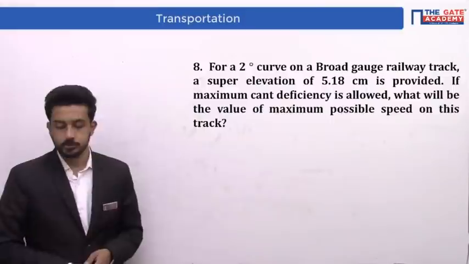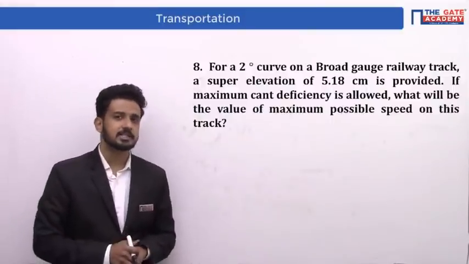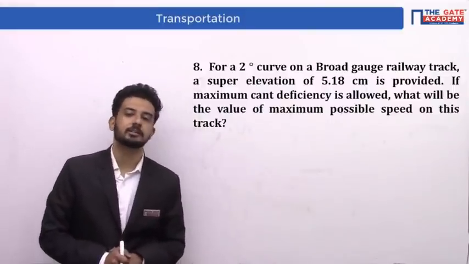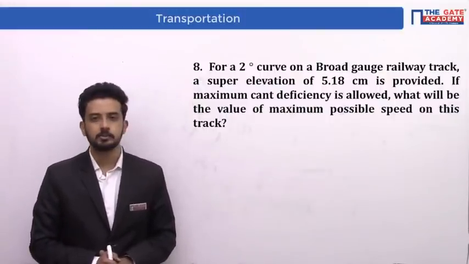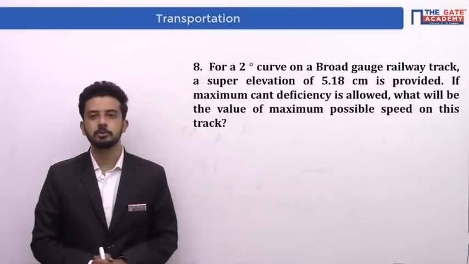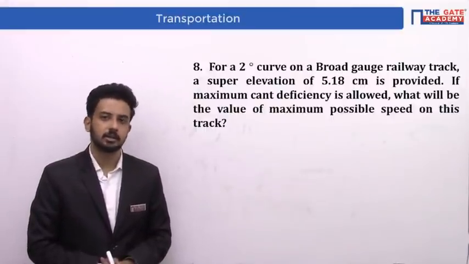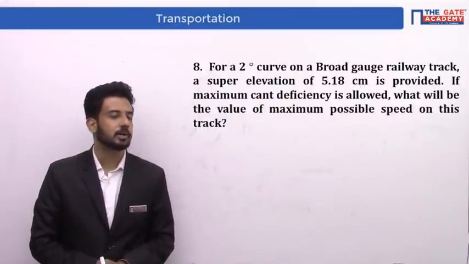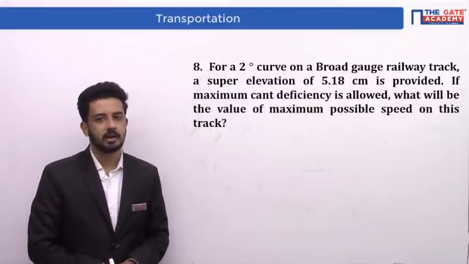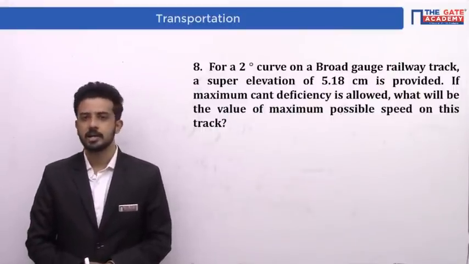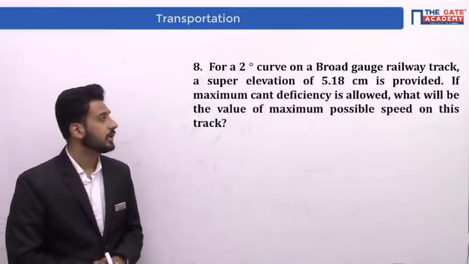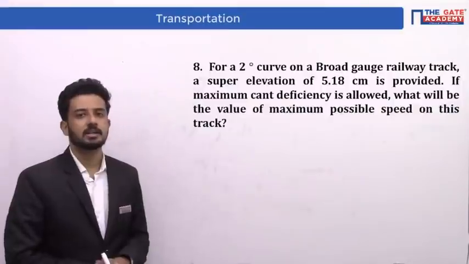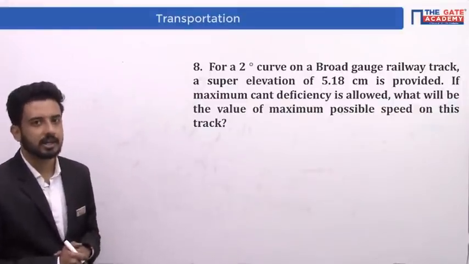So we have already studied the super elevation concept in highways. What was the equation? e plus f is equal to V square by Rg, or capital V square divided by 127 R. That was in highways. We have some sub concepts also. In railways, the equation for super elevation is